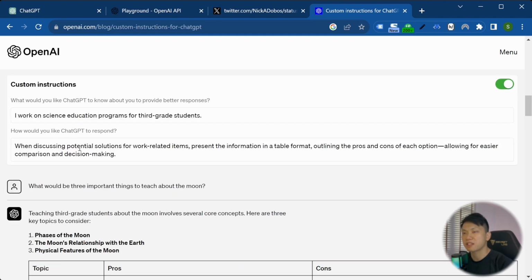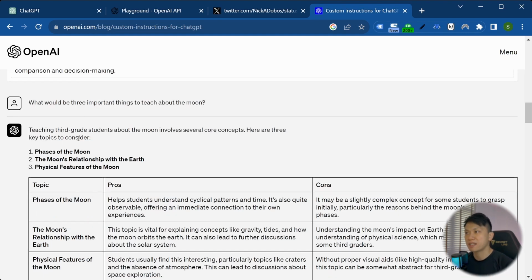By putting in these custom instructions, you are essentially setting a parameter, or a baseline, for the role and also for the guidelines. So whatever you are asking, be it about 3 important things to teach about the moon, when the response comes out, it will be teaching third grade students. So they are going to be simplifying everything, right? And they will talk about pros and